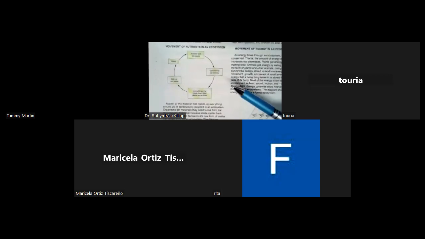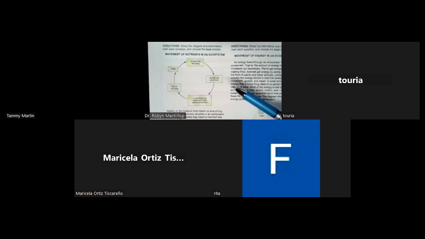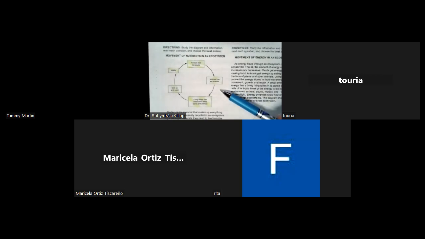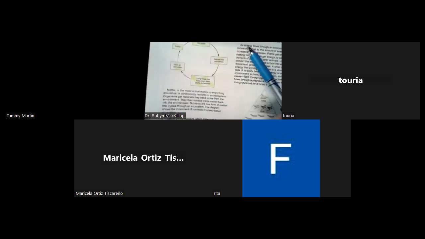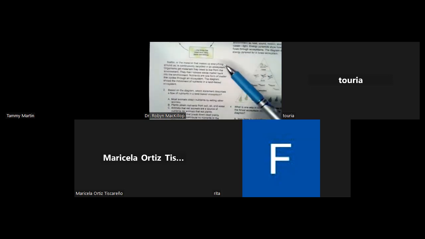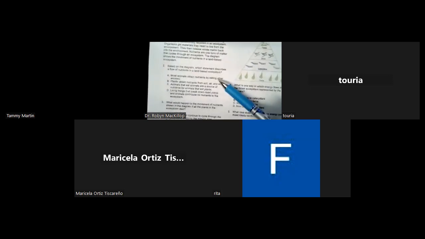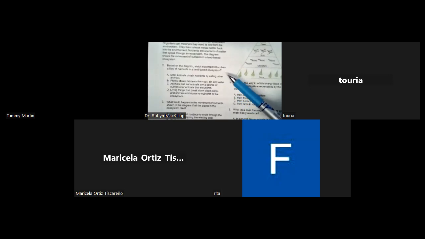All right, we have got movements of nutrients in an ecosystem. And if you start up here, animals that eat plants, animals that eat animals, living things that break down dead plants and animals, soil, air, water, plants. And it just cycles through. Based on the diagram, what statement describes a flow of nutrients in a land-based system? So this is going to be,